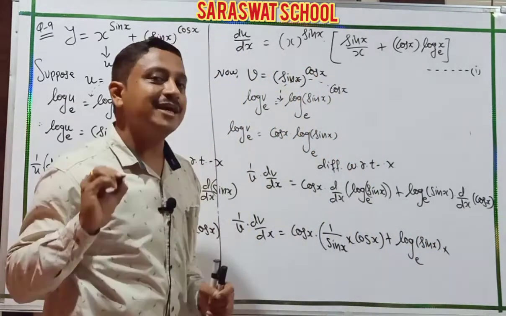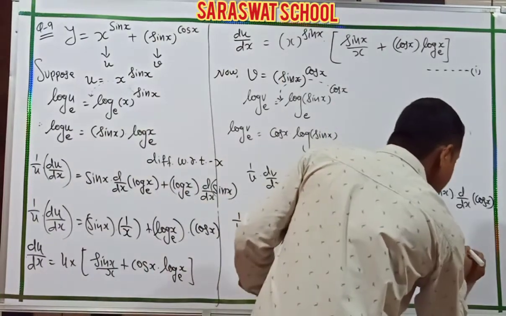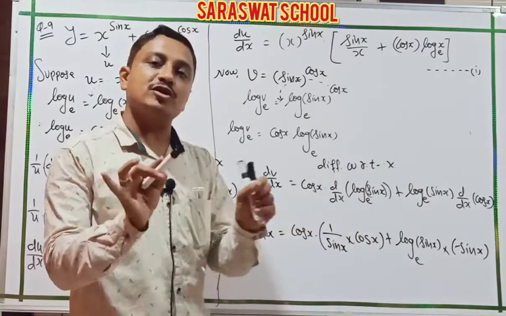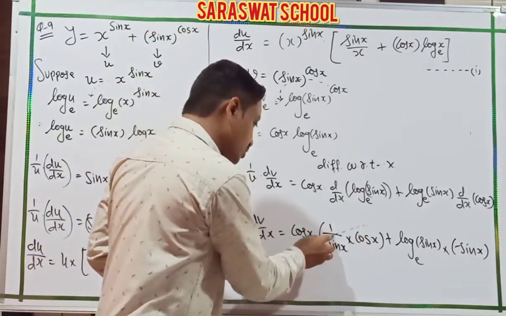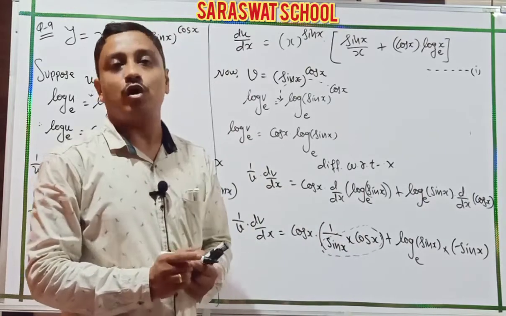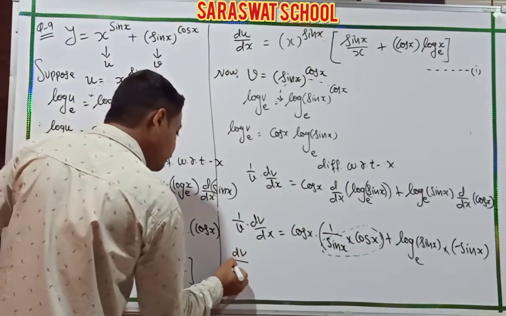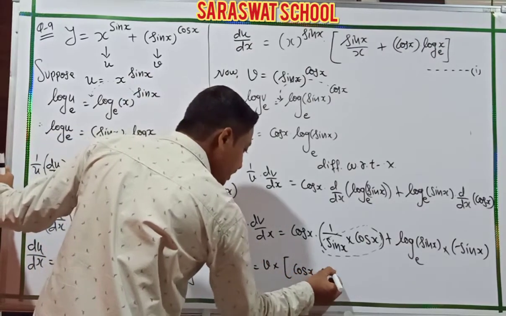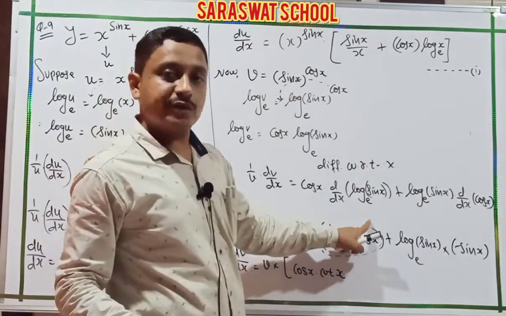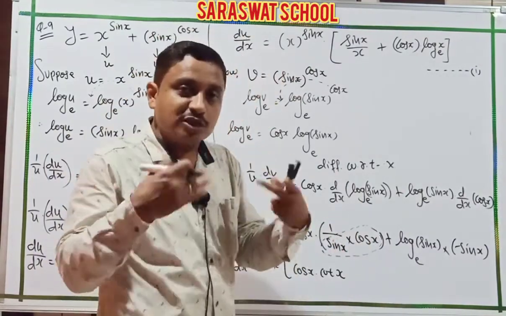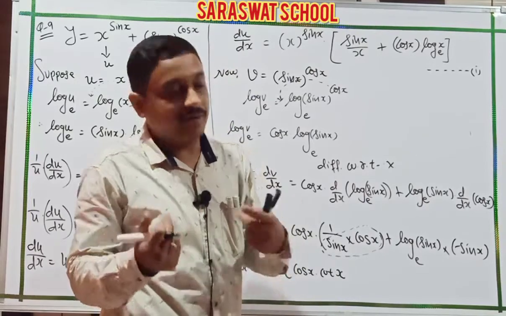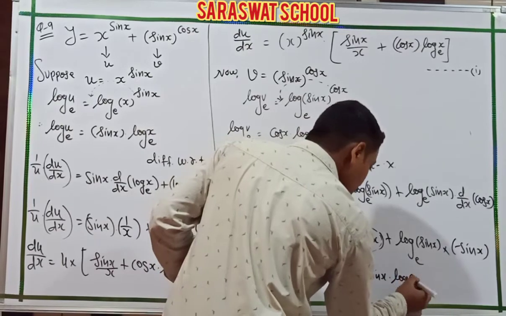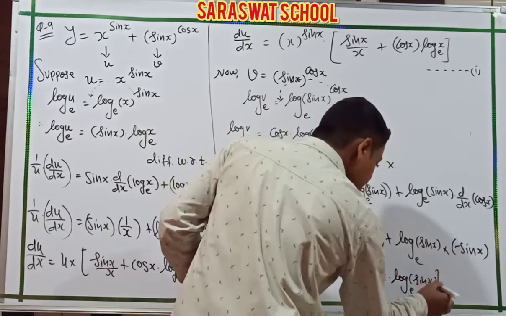And now what is the cos derivative? Yes, it is minus sin x. So finally here cos and cos, you multiply, cos square over sin, or you take out this value as cot x. So dv by dx equals v into cos x into cot x. Students, I again repeat, you can also make it cos square over sin x. Both are the same answers, and minus sin x into log of sin x base e as it is.